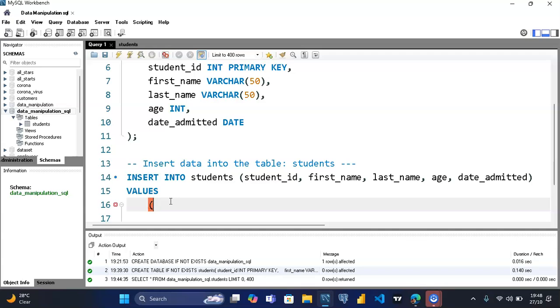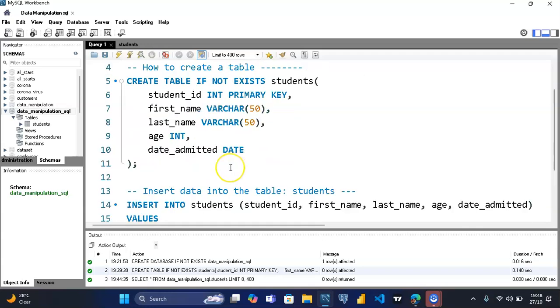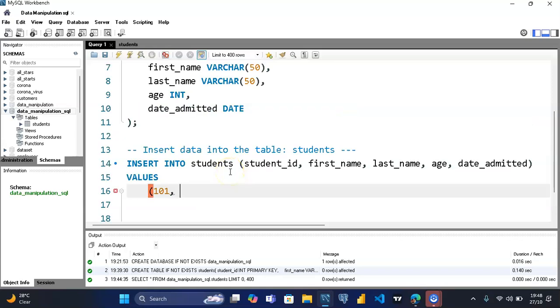All right. So we're going to pass in the student ID. We can use student 101. That's 101. This is the first student we're going to be inputting. You put a comma. Okay, the difference between integers and strings is just this. If you're inserting data into tables, the integers are going to come normally on their own like this. You just write it and then you put a comma. But anything that is a string,